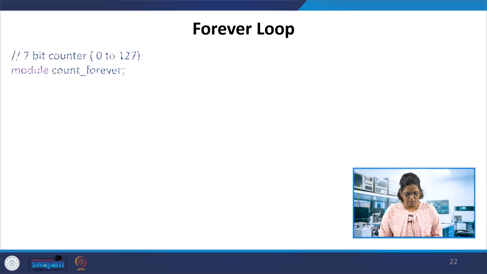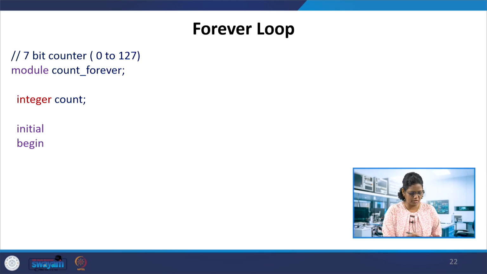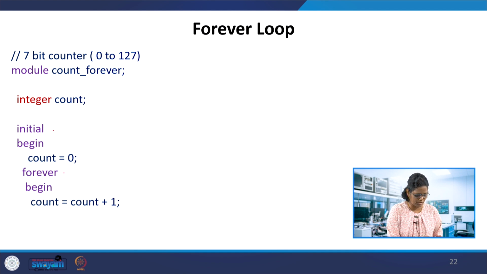Also the forever loop. I have used this forever loop for a 7-bit counter. You can see the initial begin, which has count 0, that is as usual; count needs to be declared as 0. Then the forever loop, in which count needs to be incremented continuously.